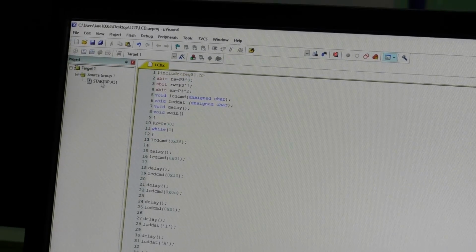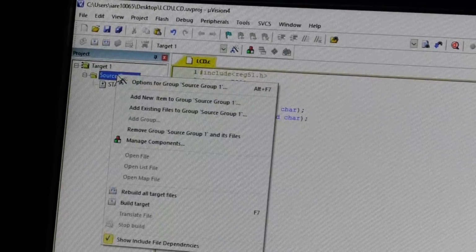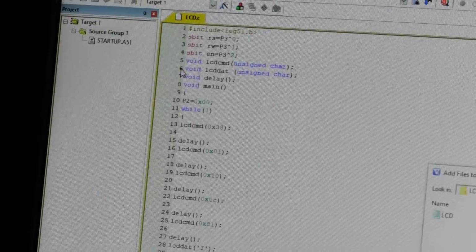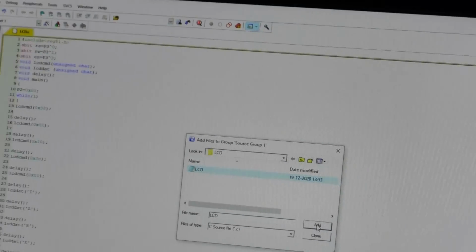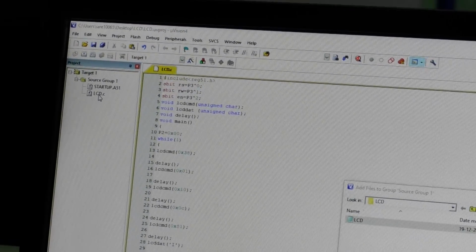So now click on the source group and right click on that and add existing files to source group 1. Now add this LCD file to your project. So that added file will be shown here. So this is the file. After adding the file, close